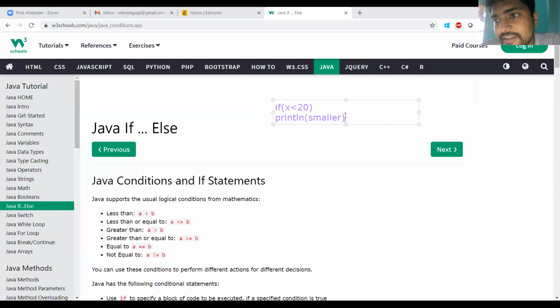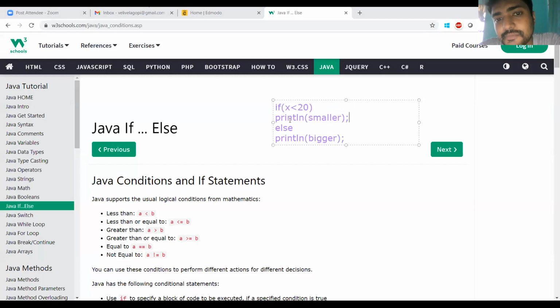We can have so many variations in this if statements. If this condition is true, the control has to print this statement. Else, control has to print another statement. This is the simple if else statement.